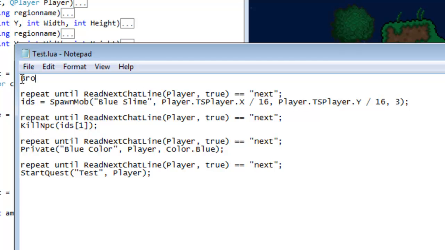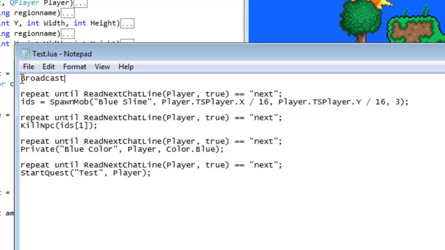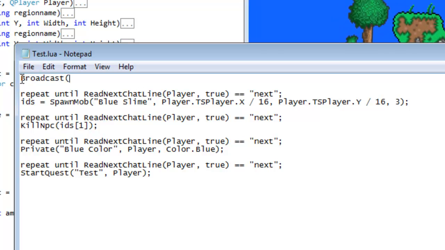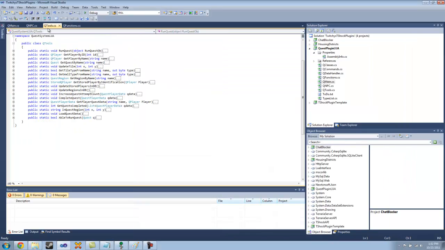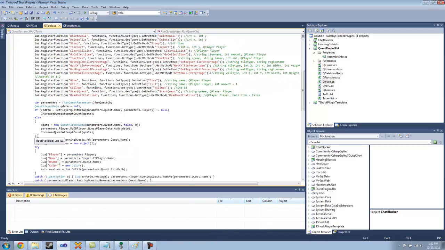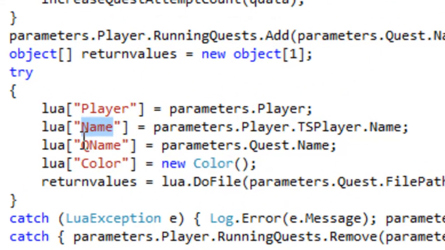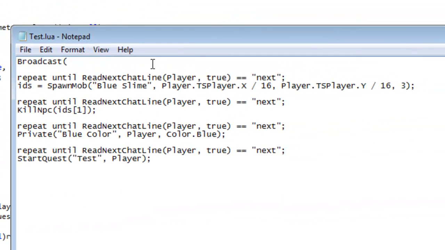So you can now also do, say, broadcast, and you can do, I can't remember what it was called, I think it was called name. You can now use the player name and the quest name as well in the broadcast and private strings. But to do this you need to go name space dot dot and then whatever the message is. So we'll do started the quest,